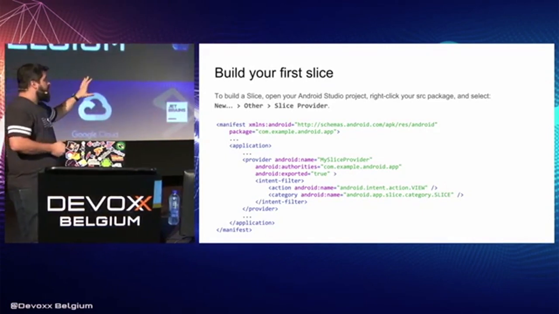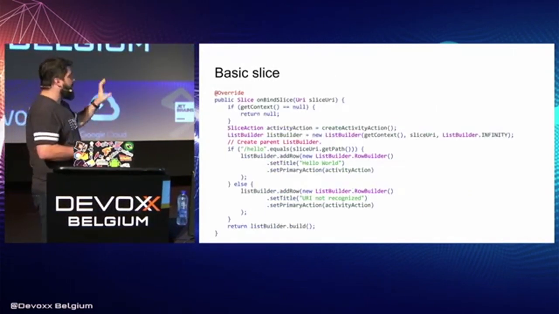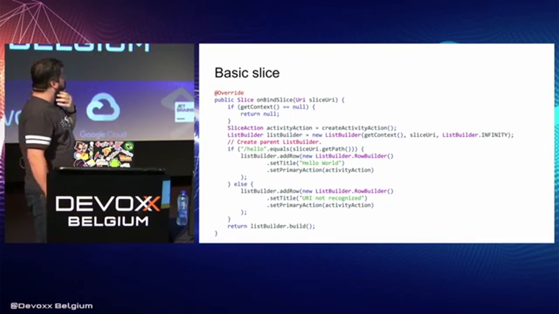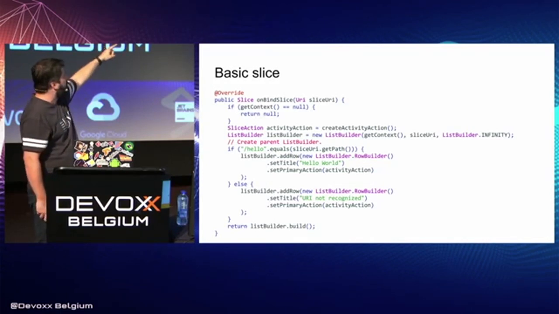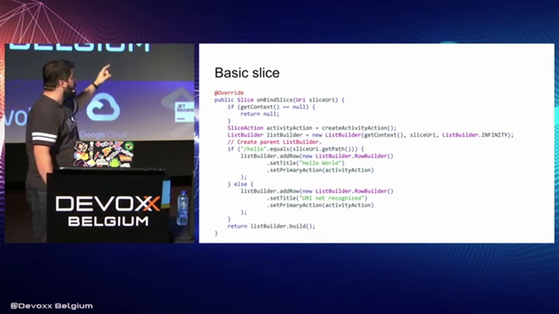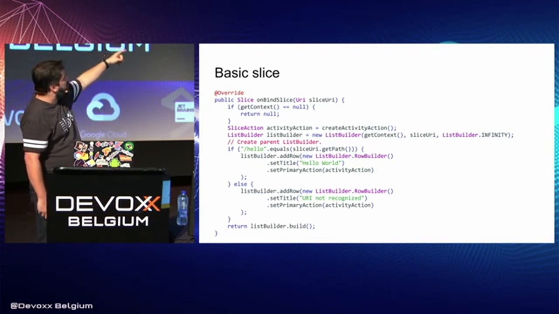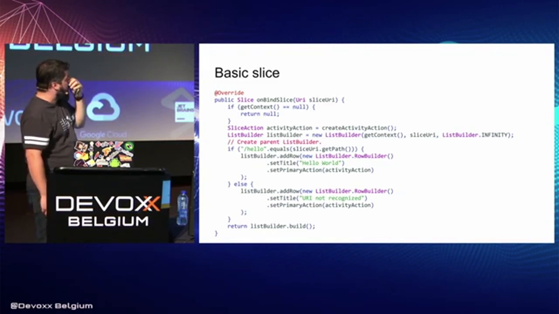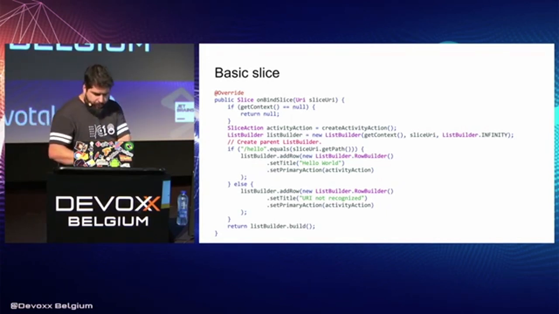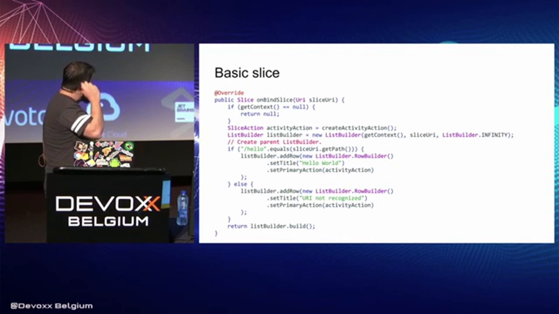Okay, so this is where you start. You're creating your slice. And here, the basic hello world, you have to create your slice on bind slice because it's kind of like a service. So when it's executed, it needs to be bound. And you create here the list builder because basically you have a list, and in this case, we are adding the hello world. And now I'm using the add set title. Here, it's just creating the URI, getting the context outside, checking if it's not null, and then returning